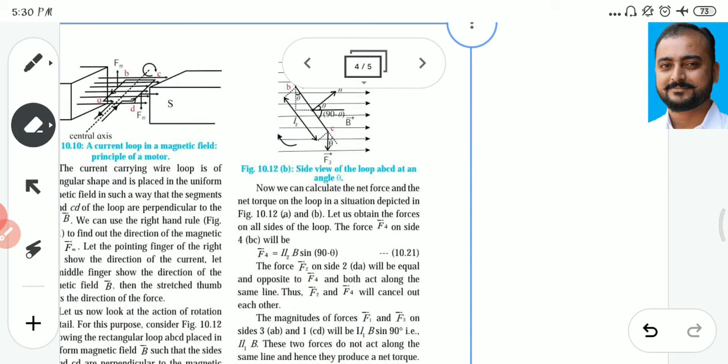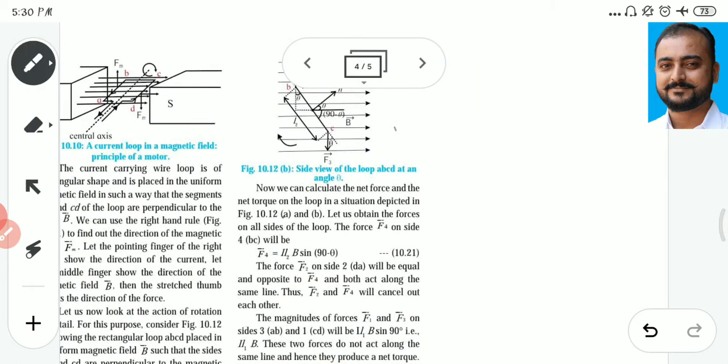Simply, there is no need of this diagram. I just told you there is no need of this diagram, and so there is no need of these equations also. What is that? I am going to explain, and while explaining you get the answer why I am telling you like this. So friends, simply,